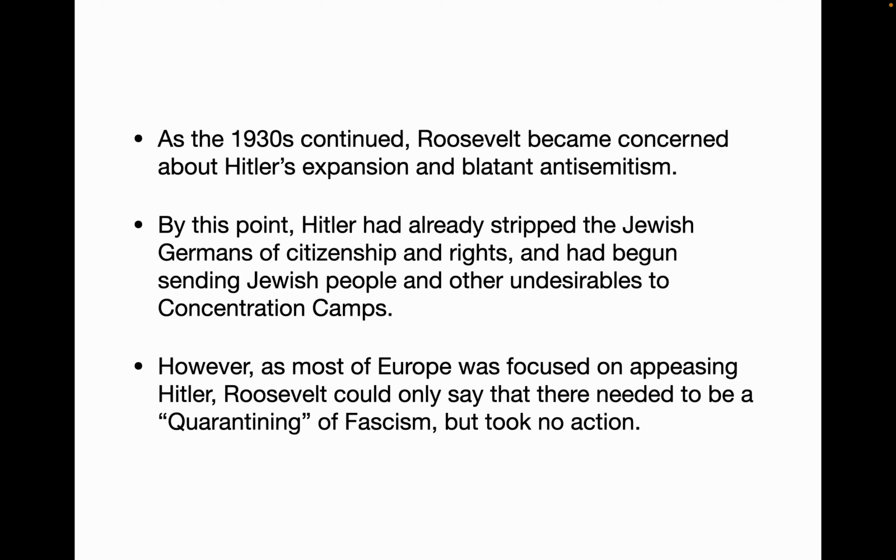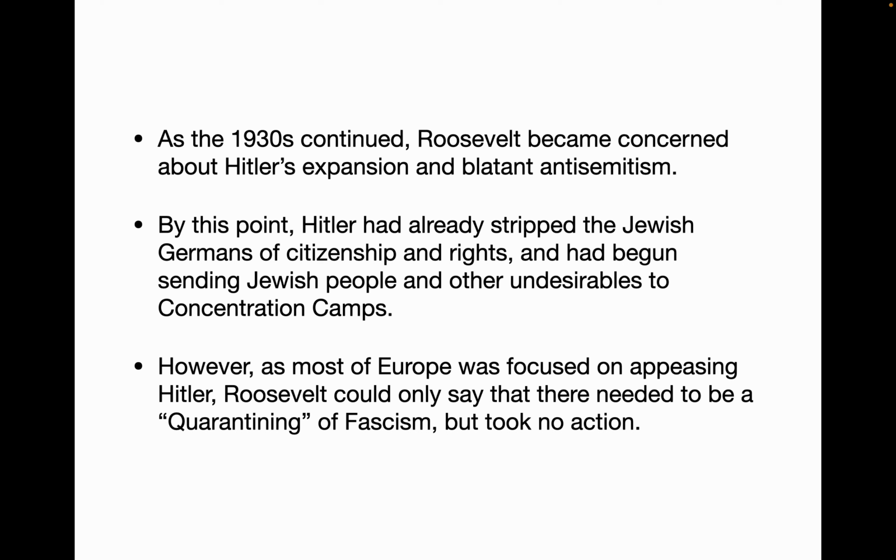Stripped them of their citizenship as Germans, stripped them of their rights, of their goods, of their houses. And he had also begun sending people into concentration camps and into areas of the city that were blocked off and turned into Jewish ghettos as well. However, most of Europe was